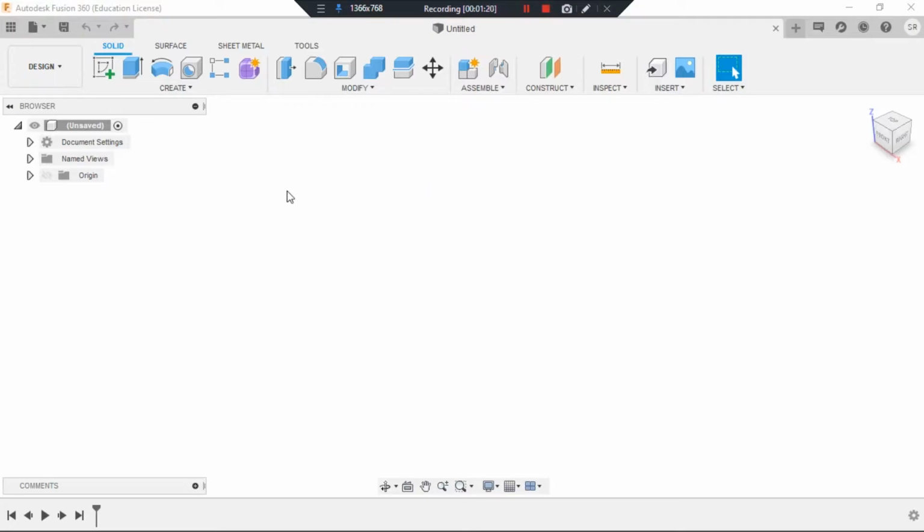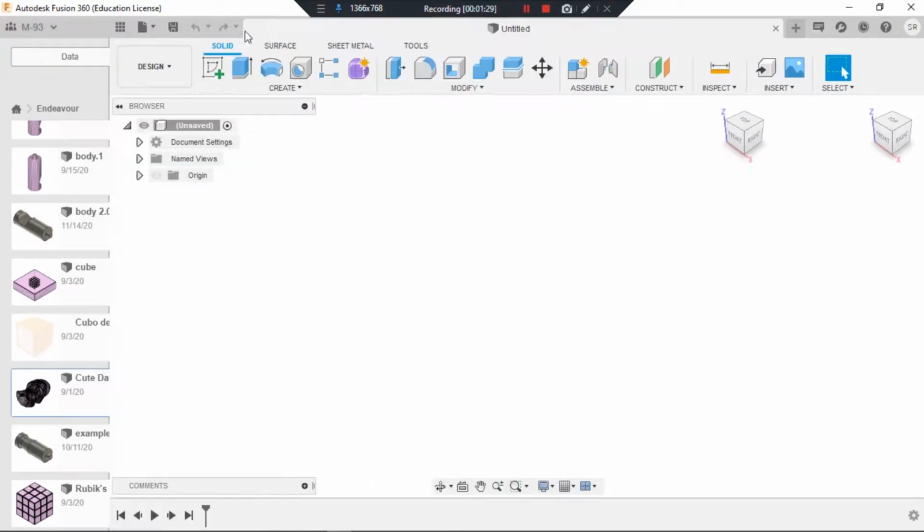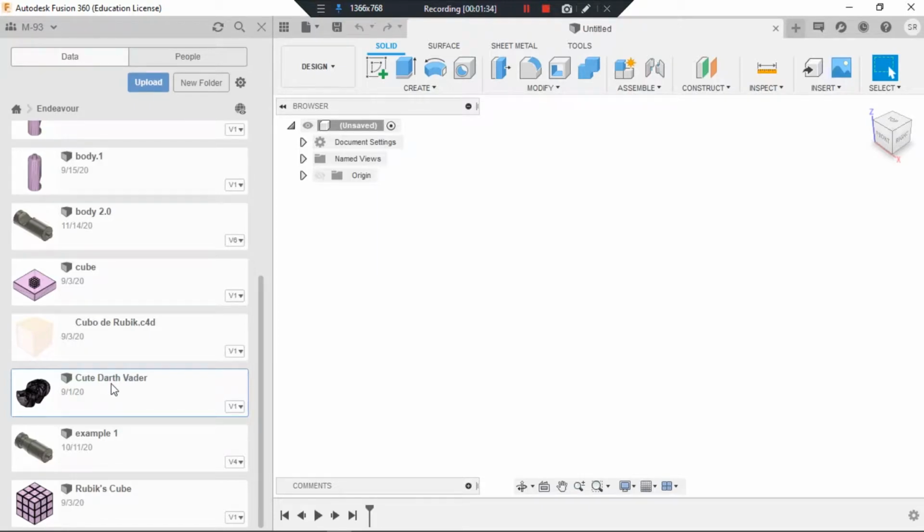So okay, the workspace we will use today is not taken from the sample that is already provided by Fusion. This workspace will be available on the link in the description below. So if you want to try it, you can simulate it by uploading this workspace to your own data panel. You just upload these files, which I will give you by the link in the description. So yeah, we will use this file.